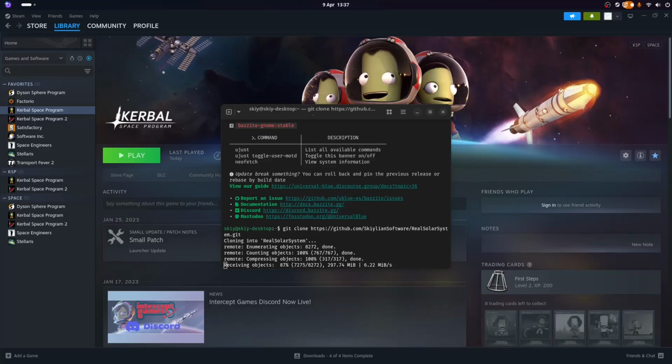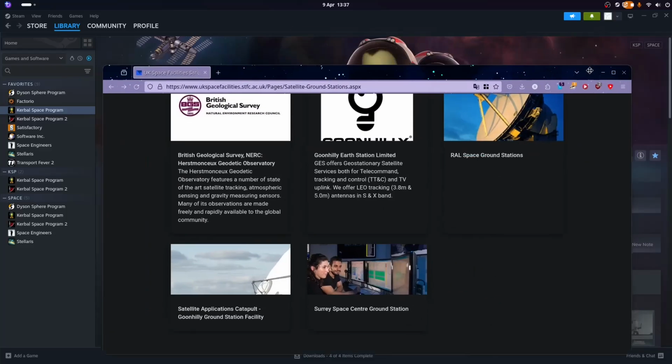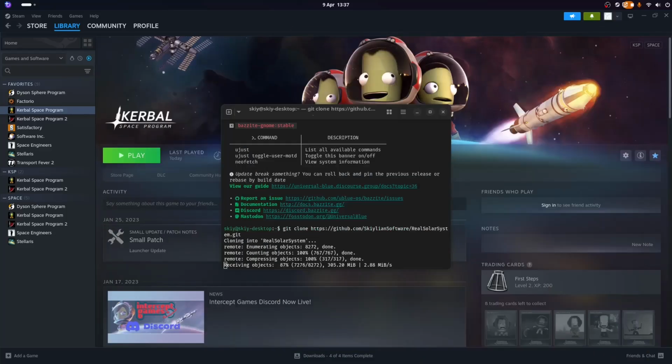Here is a list over here of space facilities, and I'm considering adding the Cornwall Space Base, although I wonder if it will be slightly too close on the map screen to select. Yes, we definitely want to add some ground stations and maybe also a launch site in Scotland. So I'm going to wait for this to load, and when it does we will open it.